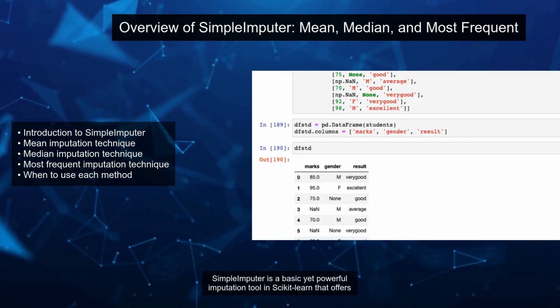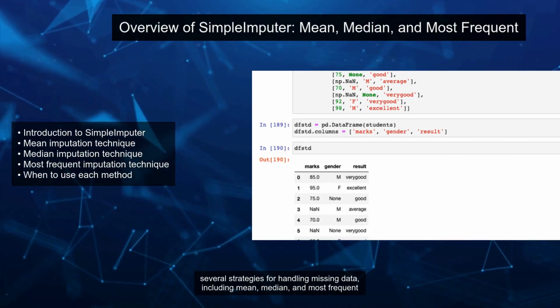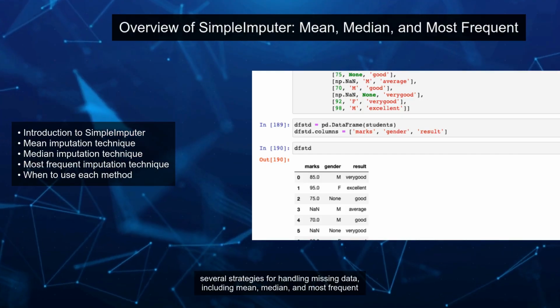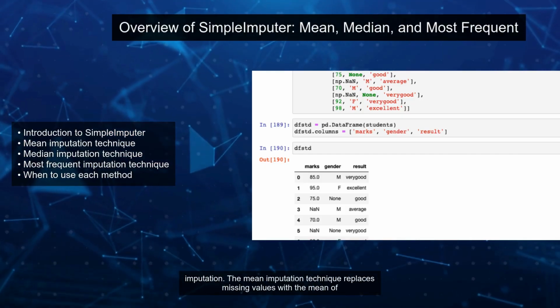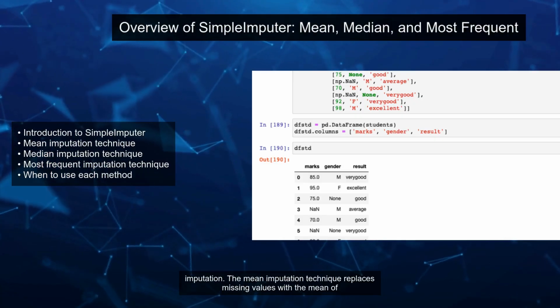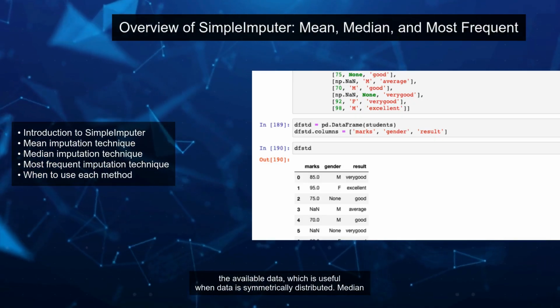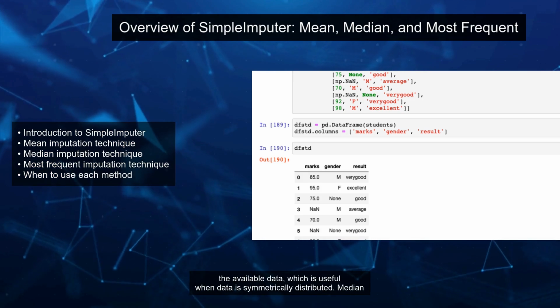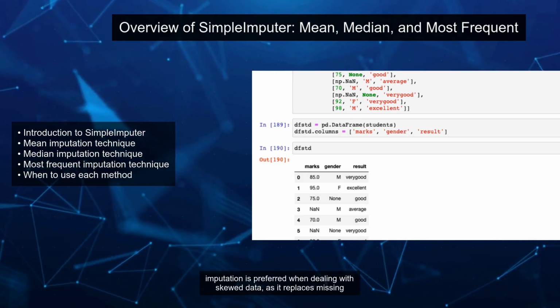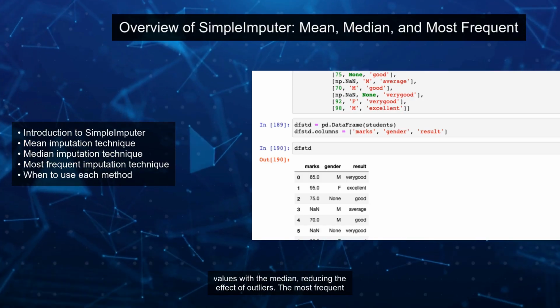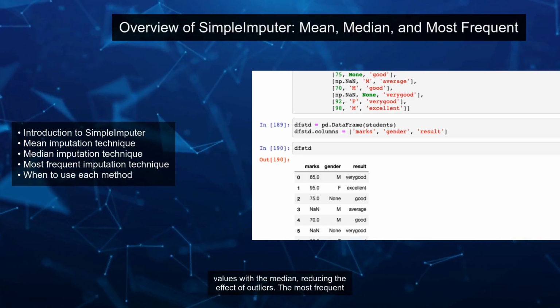SimpleImputer is a basic yet powerful imputation tool in Scikit-learn that offers several strategies for handling missing data, including mean, median, and most frequent imputation. The mean imputation technique replaces missing values with the mean of the available data, which is useful when data is symmetrically distributed. Median imputation is preferred when dealing with skewed data, as it replaces missing values with the median, reducing